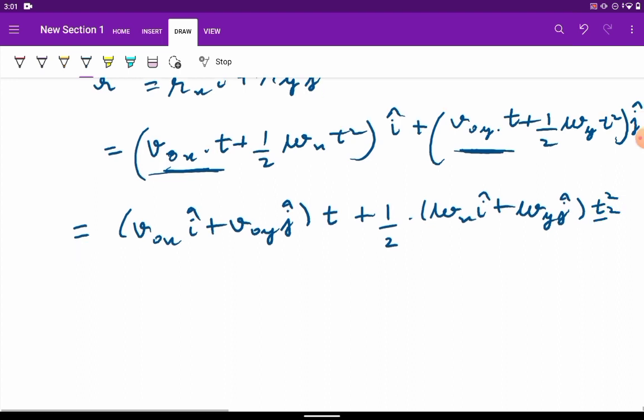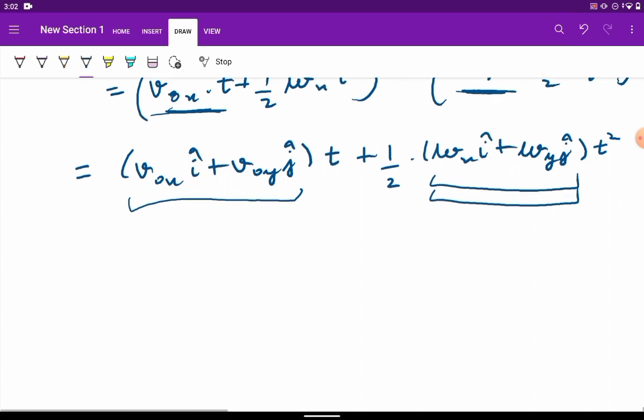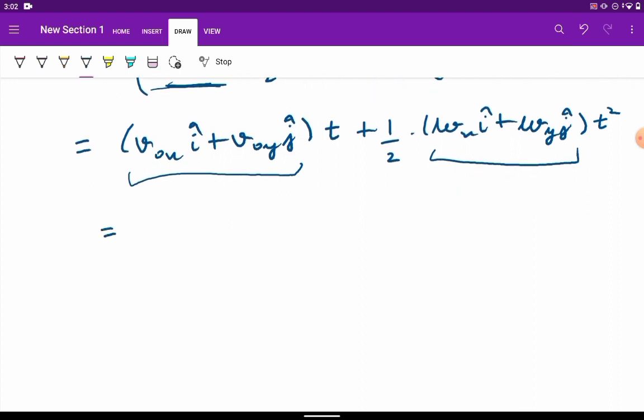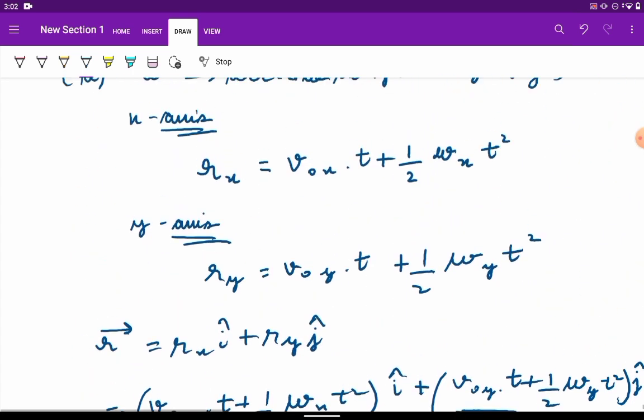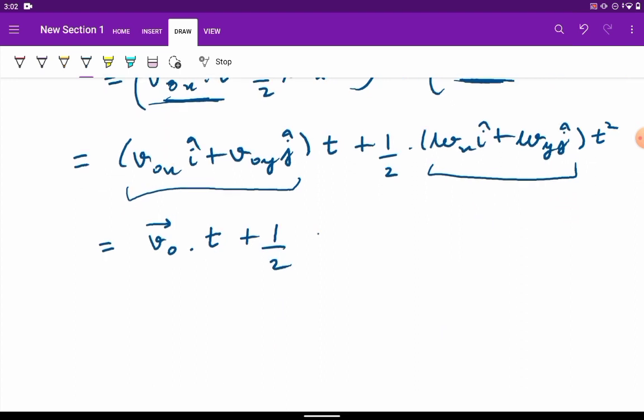Okay, so this is basically the velocity vector and this is the acceleration vector, right? So this becomes v naught times t plus half. Now the acceleration is represented over here as g, so I'll just replace this term by